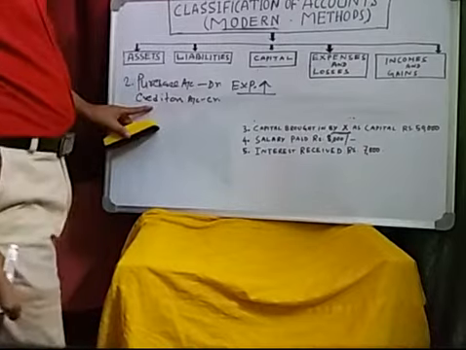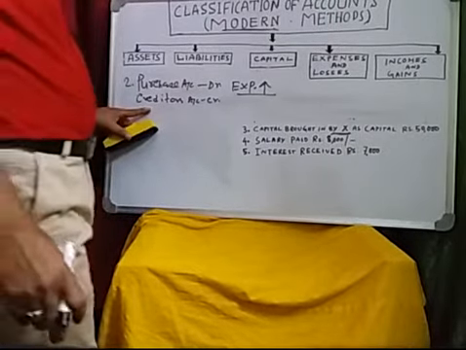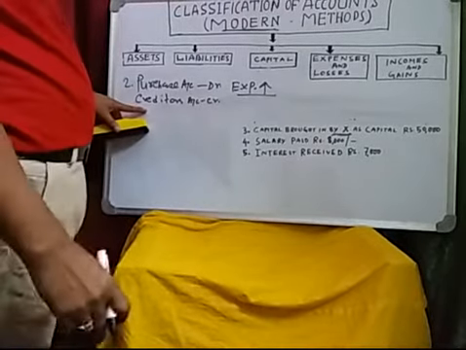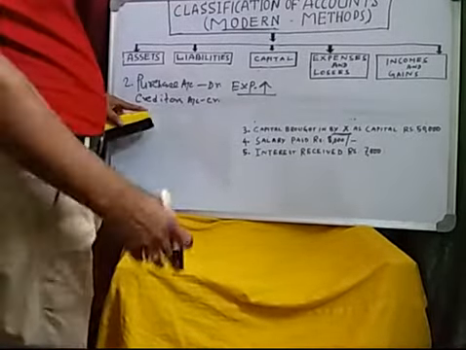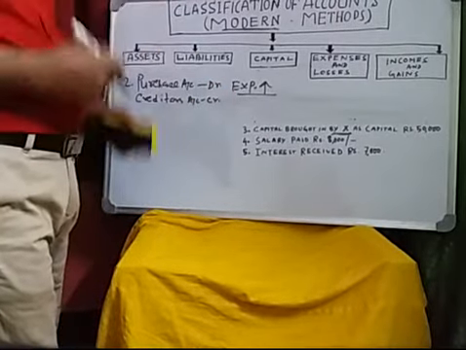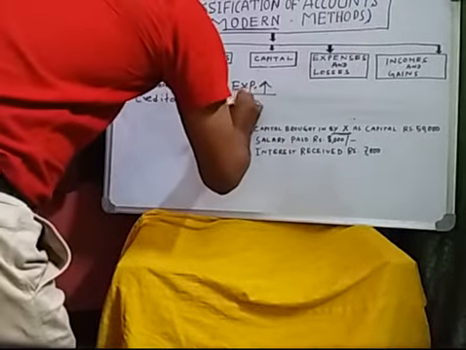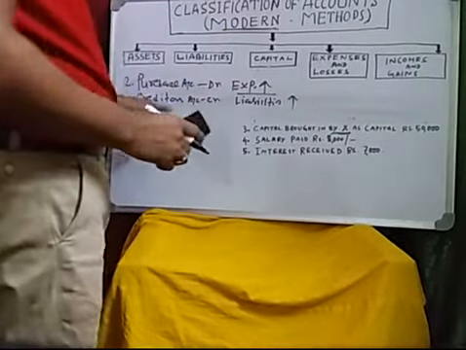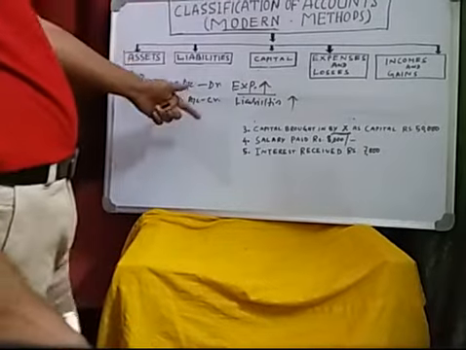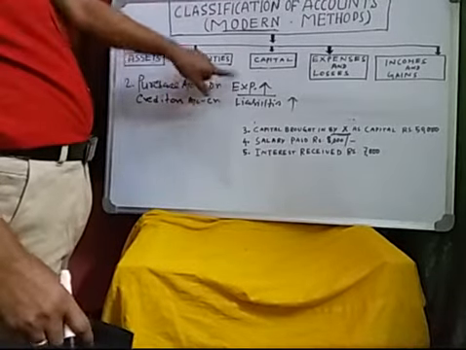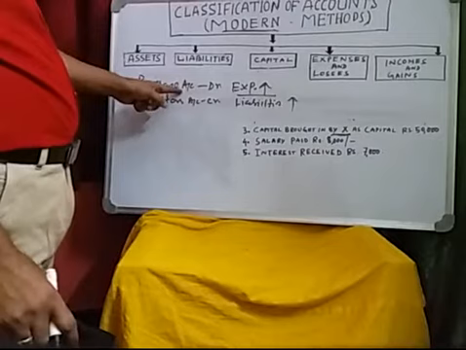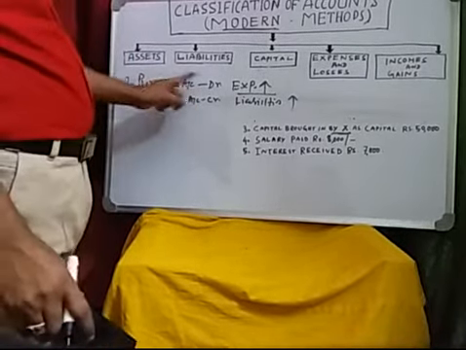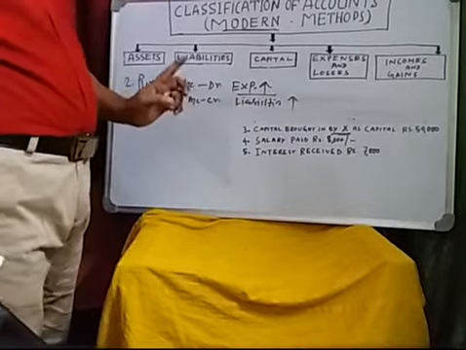Similarly, creditors means you purchase goods from someone else on the credit basis. So that is why you have to pay money to the creditors. So your liabilities in the business are increasing. So as liabilities increase, that is why this is credit. So from the modern method, always we can identify: expenses increase, then this is debit. When liabilities increase, then it will be credit. So that is why purchase account debit and creditors account credit.